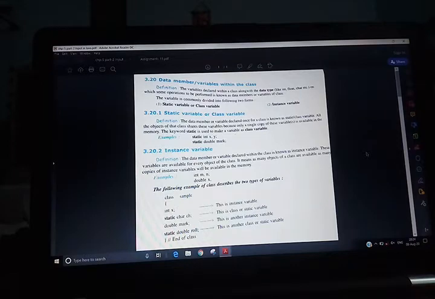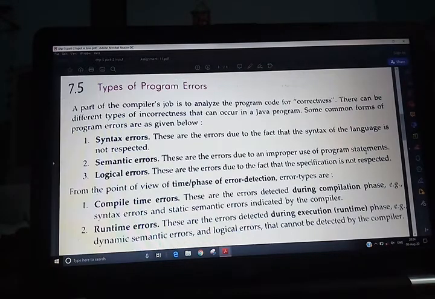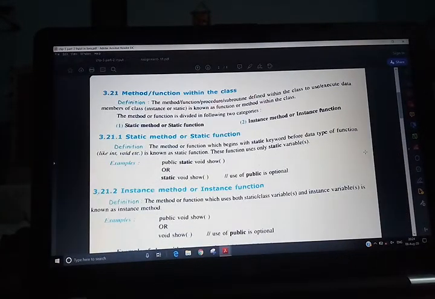Then next is how the method or function within the class allocates the variable. Suppose the variable is allocated memory of 4 bytes. 4 bytes means 32 bits, because a float type has a size of 4 bytes.